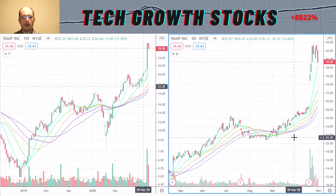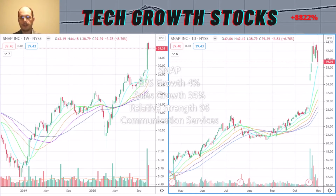Okay, so let's have a look at the growth characteristics of Snap. The EPS growth currently is not that good with 4%. The sales growth is strong with 35%, and the relative strength rating is also very strong with 96. So Snap is definitely a top tech software momentum stock. Okay, let's have a look at the next tech software momentum stock, and it is